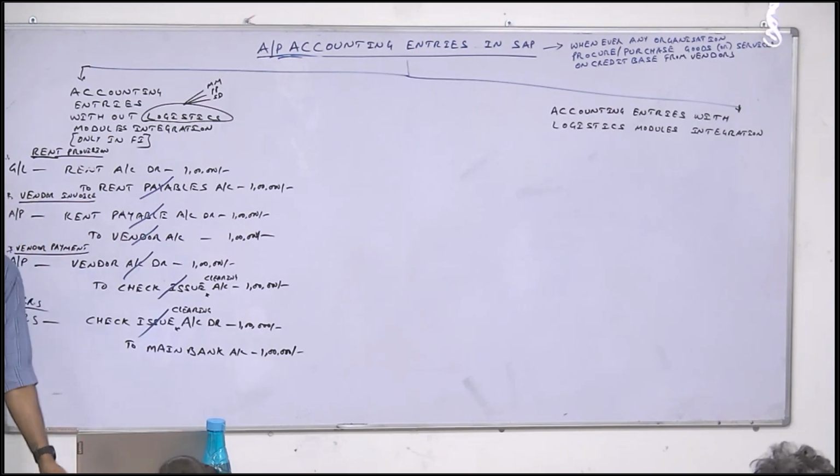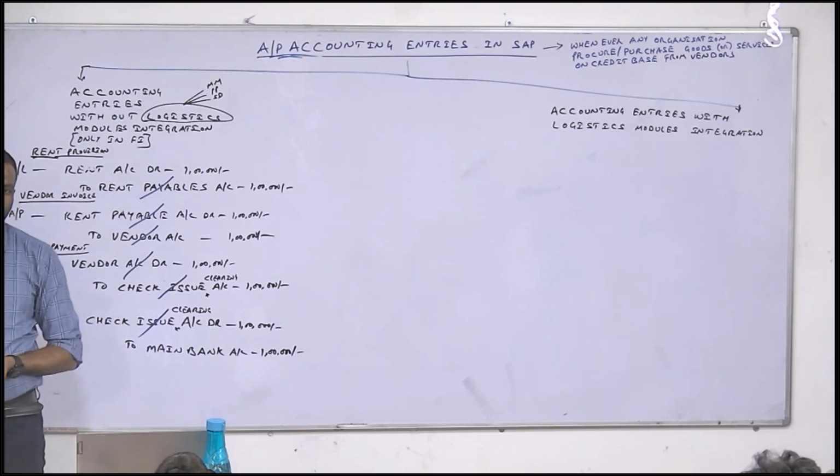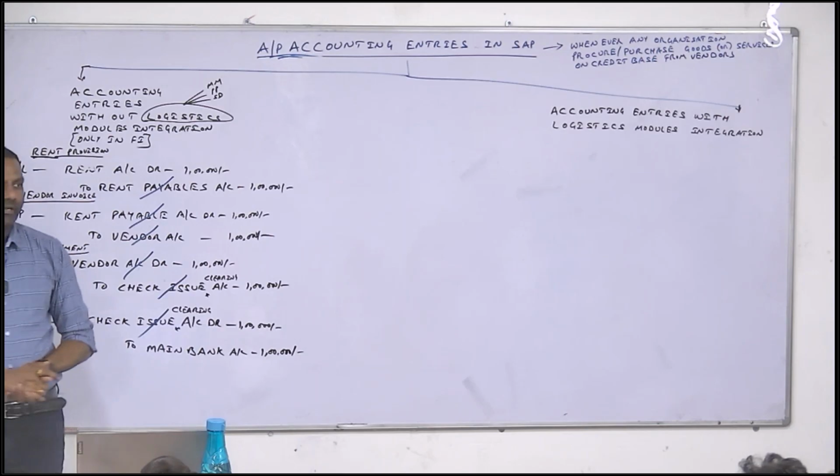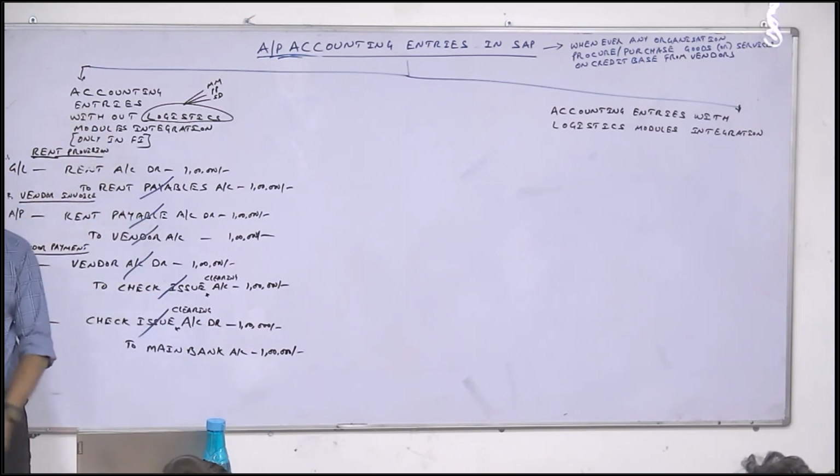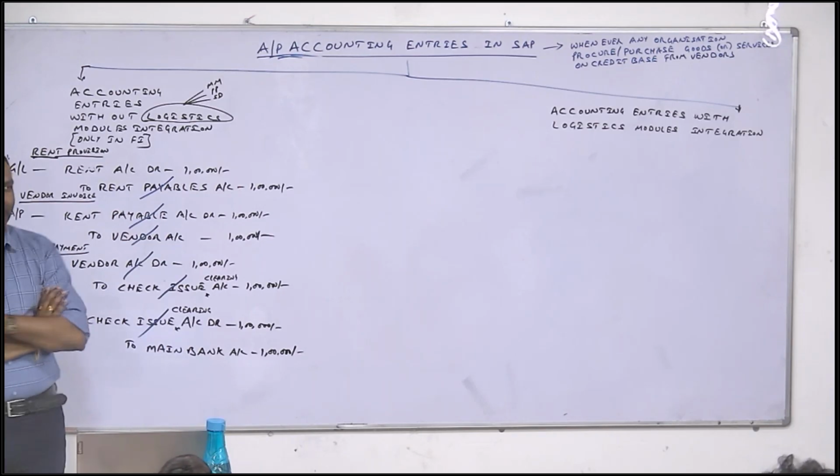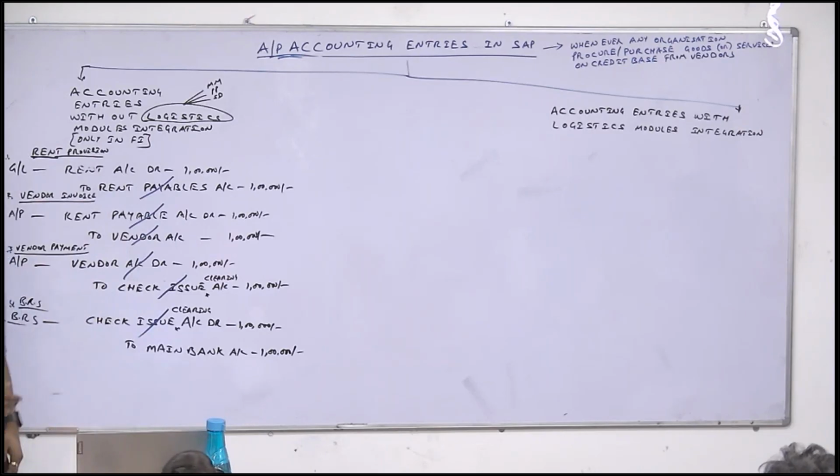For example, you are working for a small organization where they are using Tally. They may not follow this whole structure. They simply post rent account data to bank account, or rent account data to vendor, vendor account data to bank account. If it is a well-established company, every department has 5 to 10 employees to process each and every transaction in a proper way, then they may go this way. It totally depends on the organization.